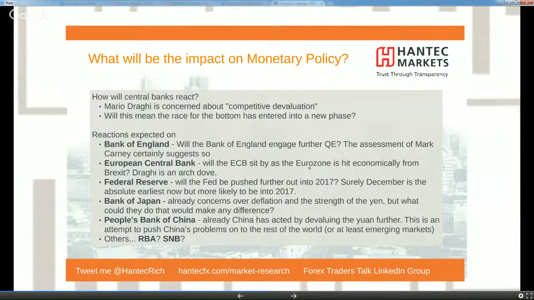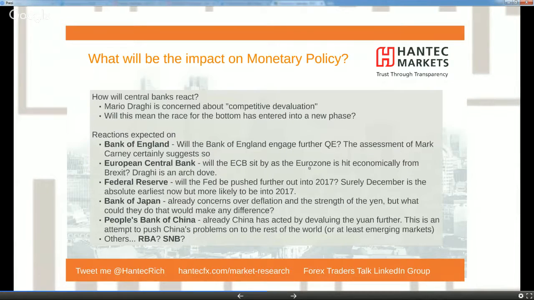Now, that I think points towards August, because August is the next time we get an inflation report out from the MPC. Beyond that, it's November, and I think Carney's talking about the summer, so you probably point towards that August month to be the next time that we get monetary policy possibly easing.